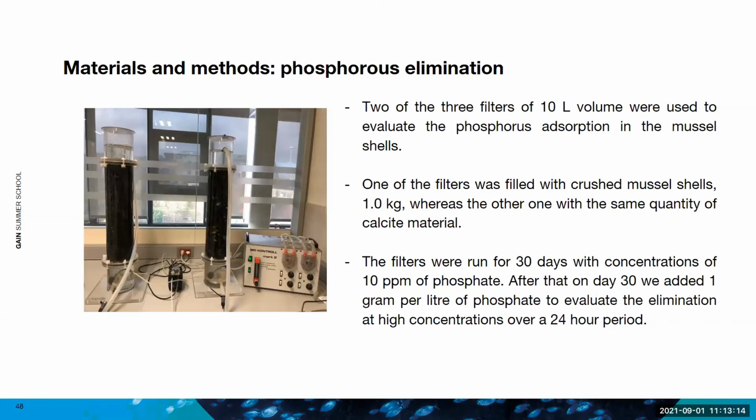But we also studied the phosphorus elimination at lab scale, because we didn't get really good results from the pilot one. So in that case, we used 2 biofilters. In one of them, we put the crushed mussel shells, and in the other, we used the same quantity of calcite material for comparison purposes, because we wanted to differentiate between the use of calcined material, as a difference between aragonite and calcite minerals. And these filters ran for 30 days with a concentration of 10 ppm of phosphate. And also after day 30, we added 1 gram to evaluate the elimination of high concentration of phosphorus over a